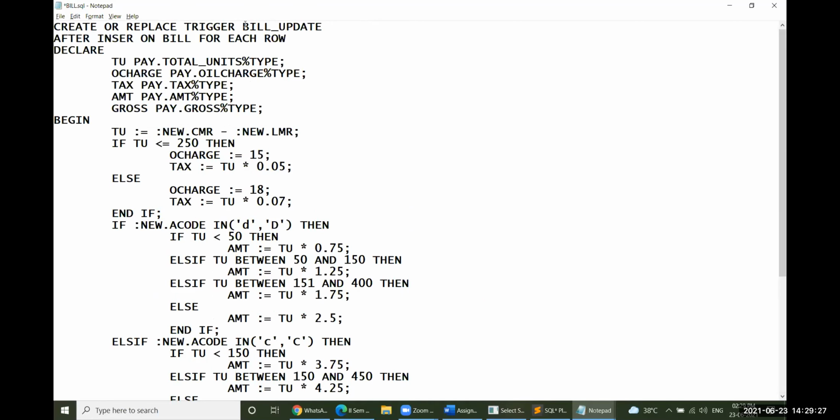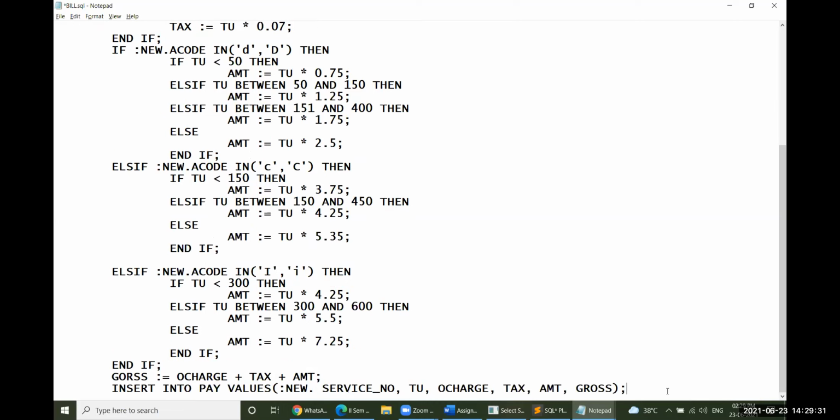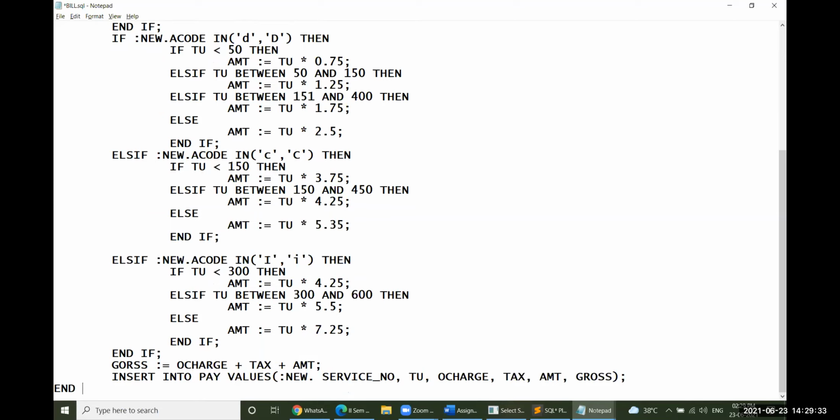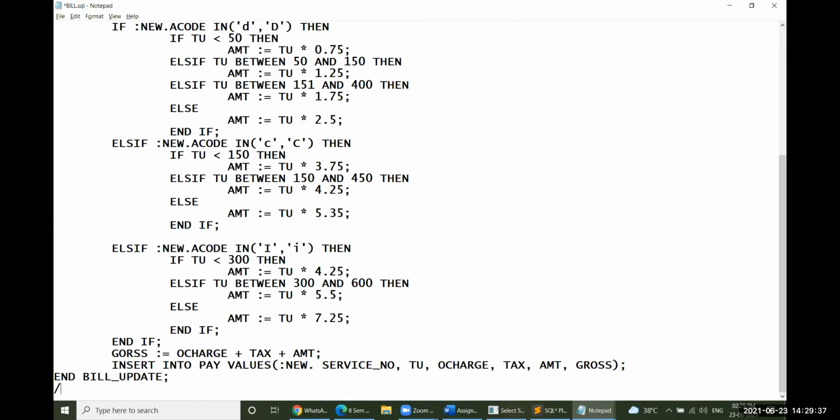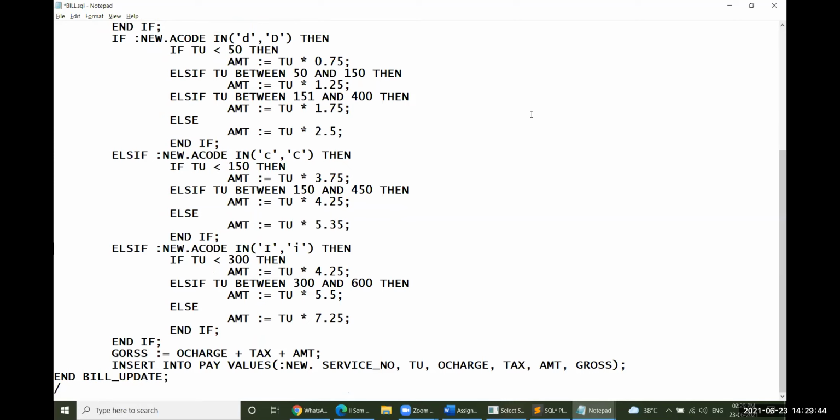So your work is the bill update. Writing this code is very simple.